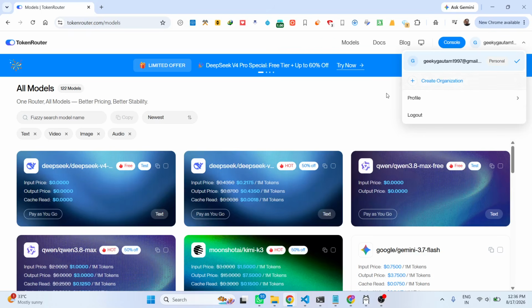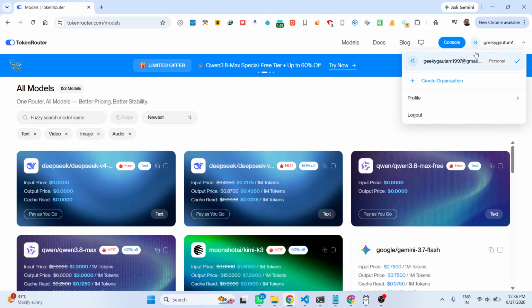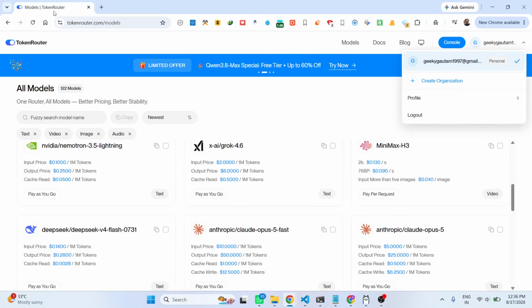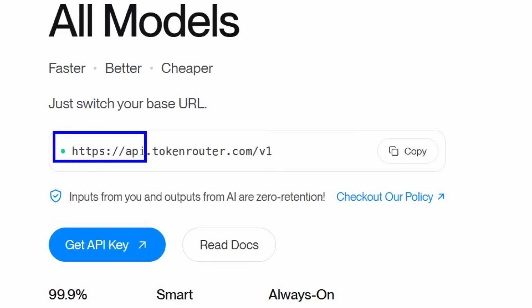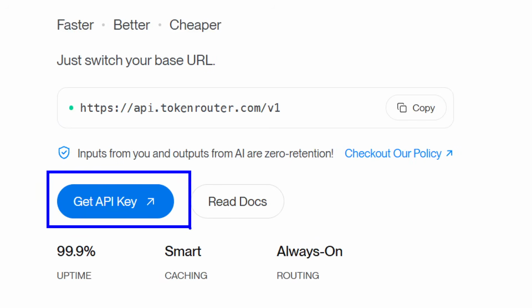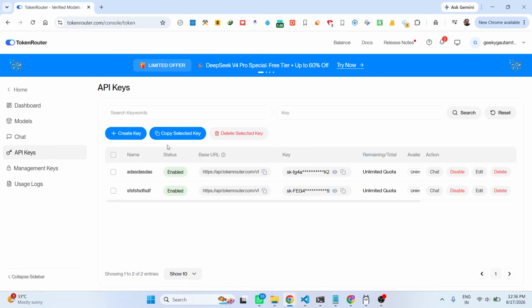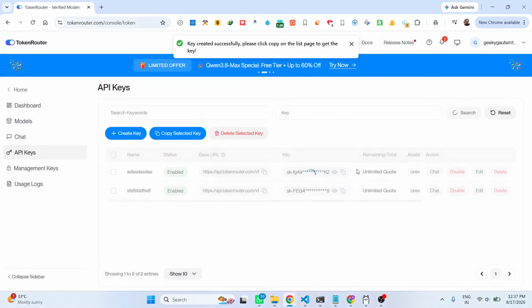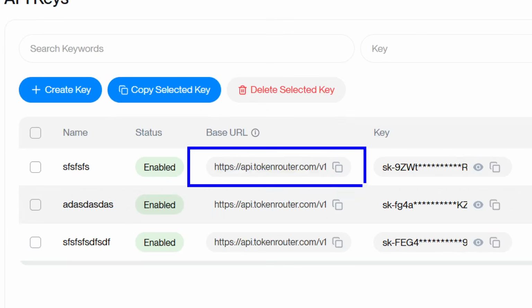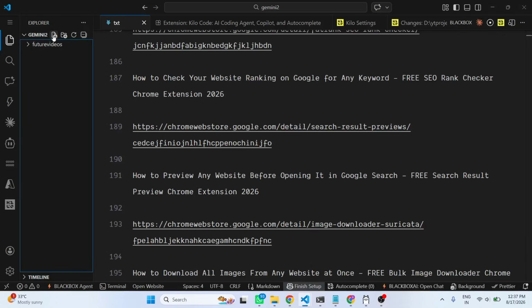First of all, you need to create the API key. The base URL will be this one, and to get the API key you simply click get API key. Once you go to this, you click on create key, just give it a name and click on submit. So your API key will be created, and for this I am assuming that you have installed OpenCode inside your